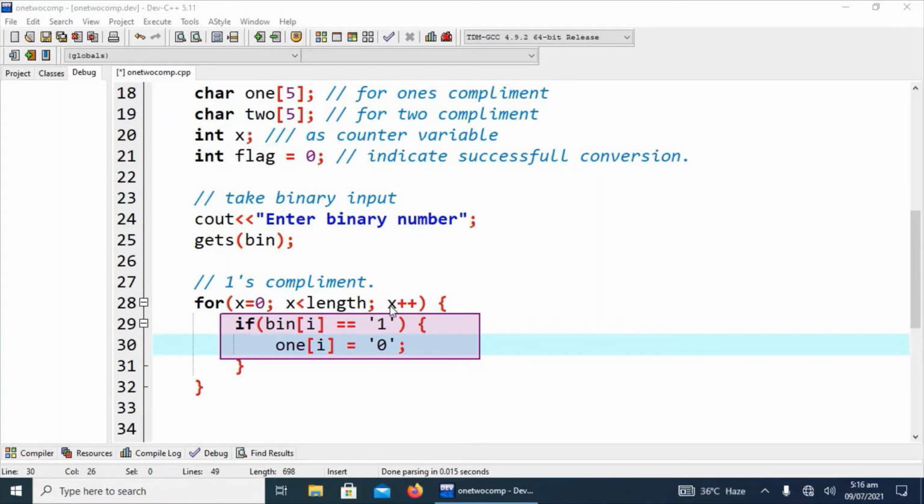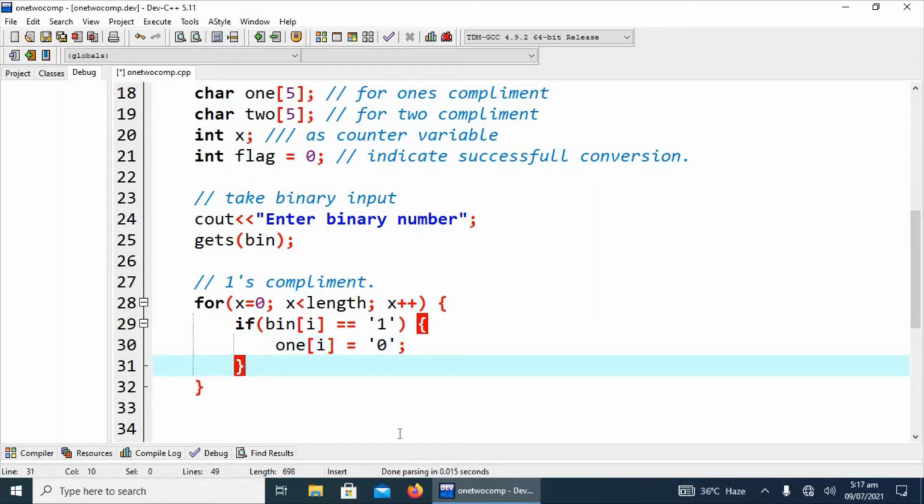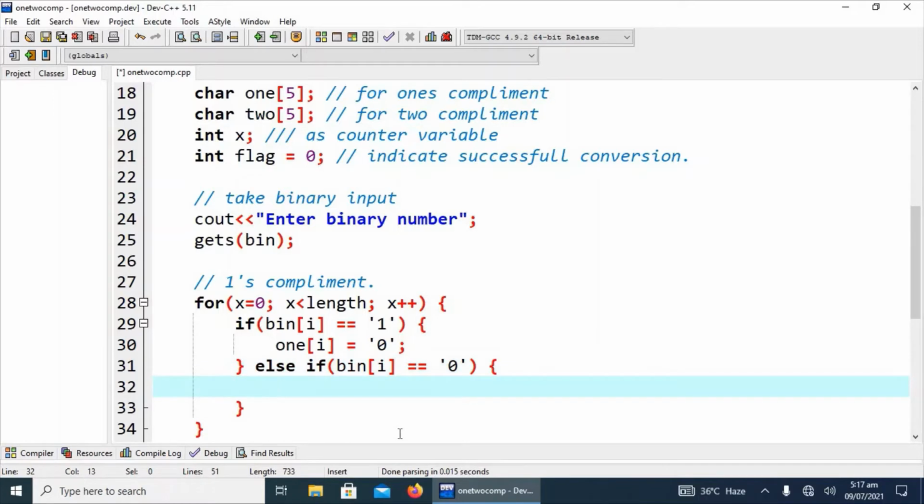If the binary array contains 1, then the ones complement array will contain 0 at the same index. Okay, what will be next? Similarly, else if bin of i is equal to 0, then the ones array at the same index will contain 1. This is the simple logic.